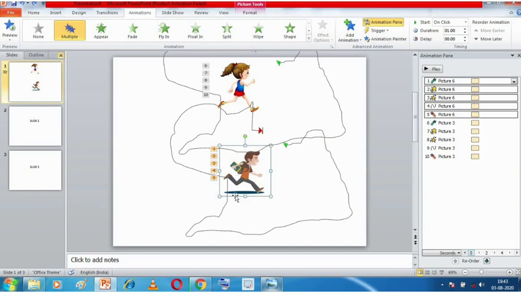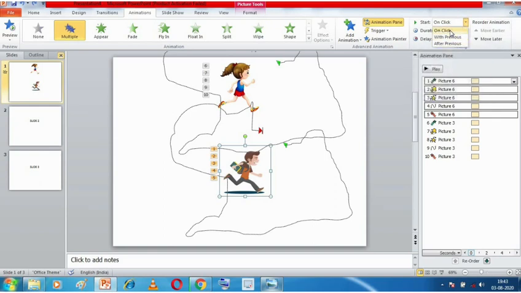Suppose, students, you want to change when your animation is going to start, you can click on your object on which the animations have been applied, and then come to this timing group over here, and then come to the start option over here.